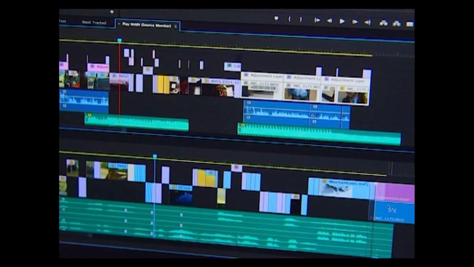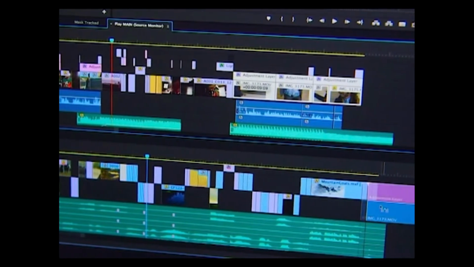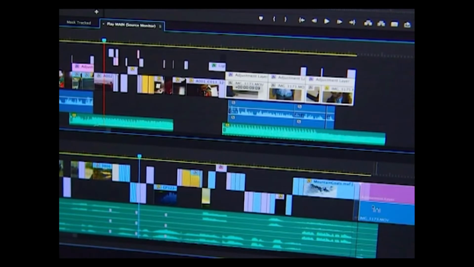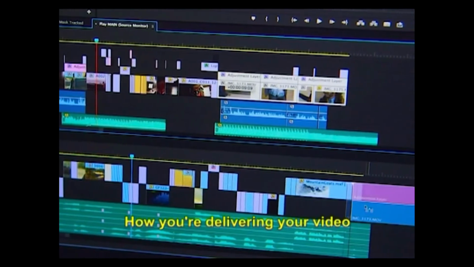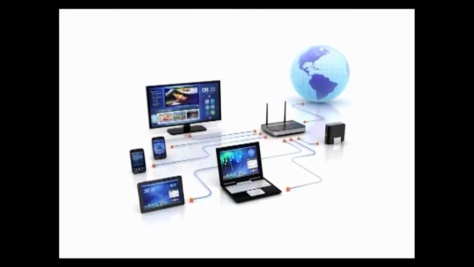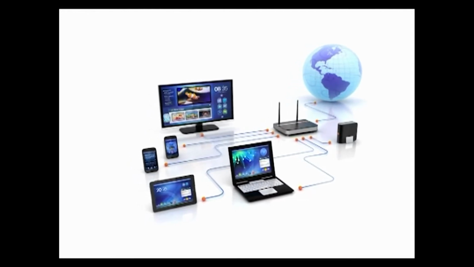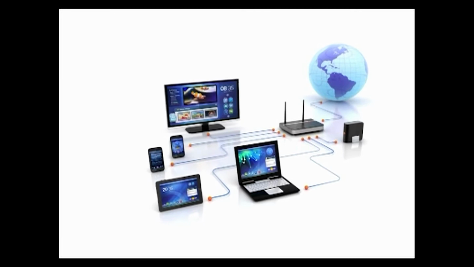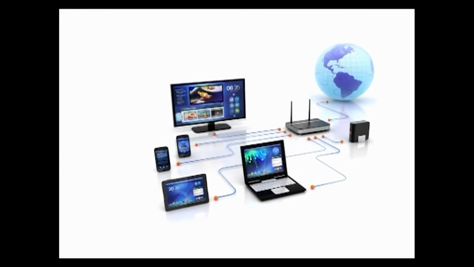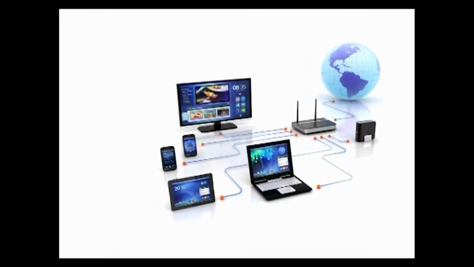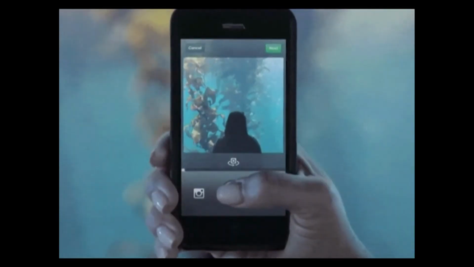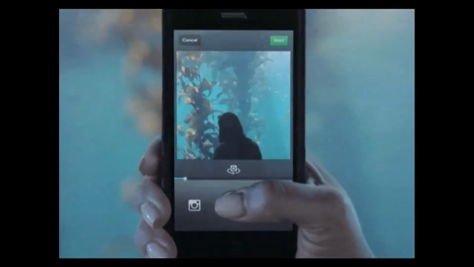When designing a specification or a preset of your own, the first thing you need to figure out is how you are delivering your video. If you're delivering it on the web, you're not going to want to target anything slower than the slowest broadband connection because anything at that level isn't really fast enough to handle video worth watching in the first place. Well, unless it's a cell phone, but we have learned to be patient with those.